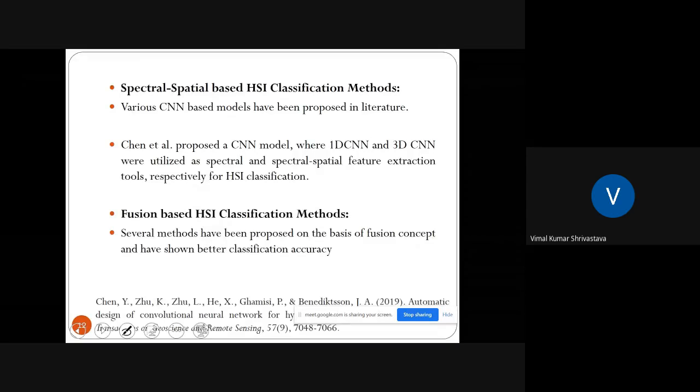If you talk about 1D CNN, it can work on the spectral information, and 3D CNN can work on the spatial information. Or we can consider 2D CNN also, which can work on the spatial information. So simultaneously we can work on the spectral and spatial information. But there are also some issues, or further we can improve this model by using the latest